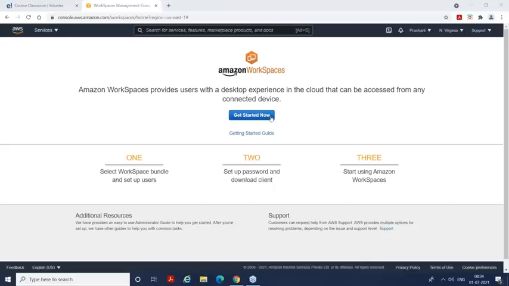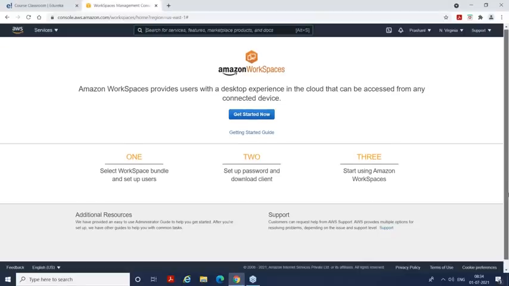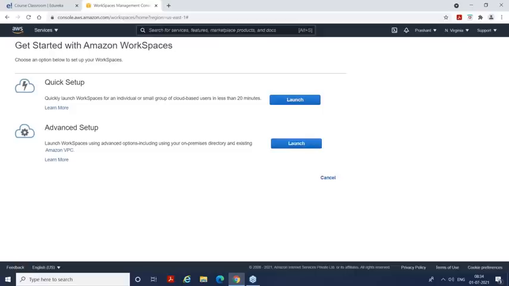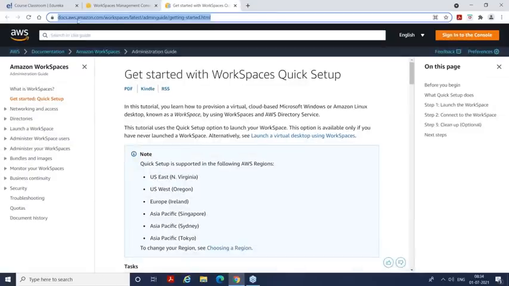Which will allow you to get all your endpoint applications. Okay. So if you're looking for Windows 10, Windows 8 and all of that, which is more like your endpoint applications, that is also possible. For that, there is a service called as AWS Workspace. Manoj, you can leverage this service. There you'll have all the details, how Workspace works, how you can get your Windows 10 and all of that.